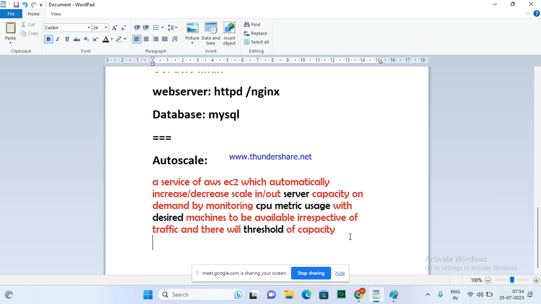Amazon is offering a solution for applications with fluctuating traffic: sometimes 200, sometimes 2000, sometimes 20,000, sometimes 30,000. My challenge is that the business should be running always, without any downtime. So what do we use? A service in EC2: auto scale and load balancer.